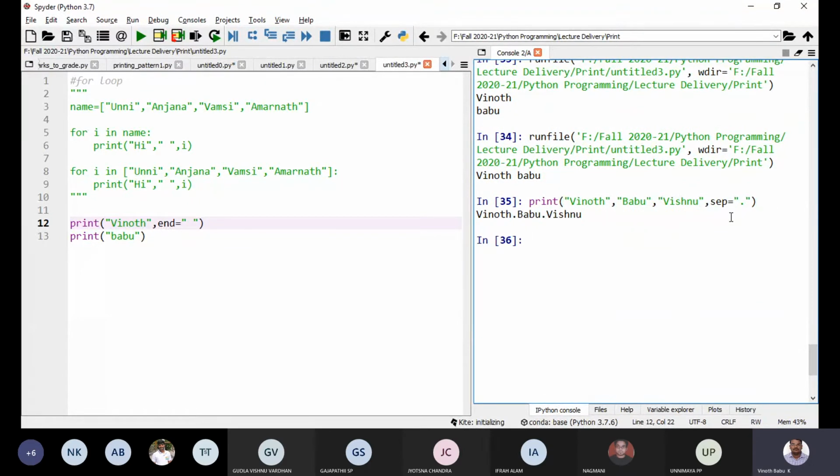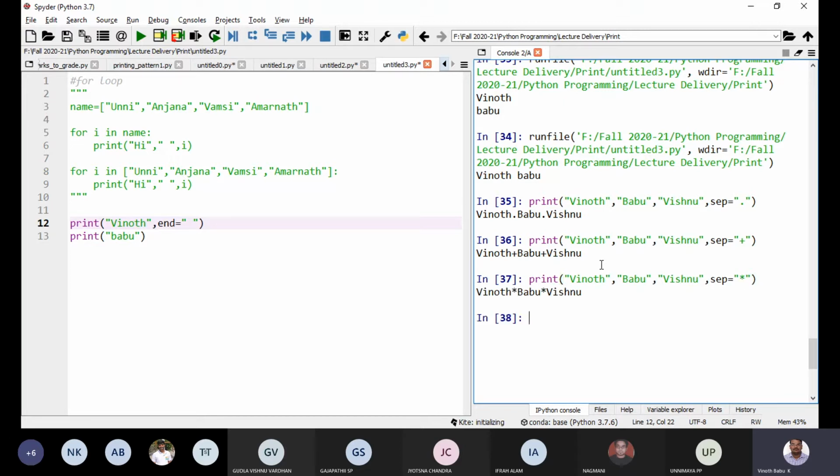All these prints are separated by a dot. So end operator is different, separator is different. Suppose instead of a dot, I can use plus. You can see plus, you can see star. So all these things are possible. So end operator and separator.